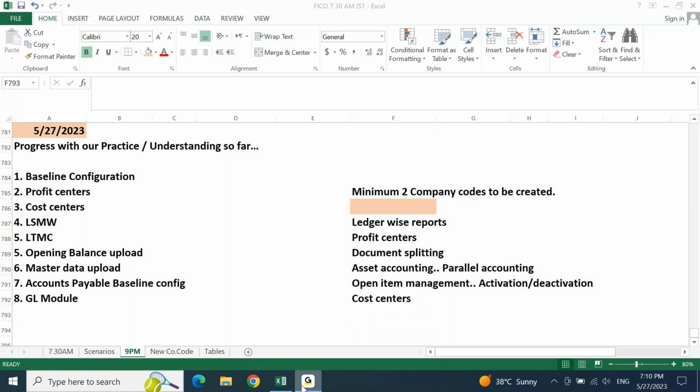Sir, this is Praveen. Am I audible now? Yes, Praveen, you're audible. Good evening, sir. So far, I have created 4 company codes. I kept one company code for experiments and scenarios. So far, I don't have any doubts, but